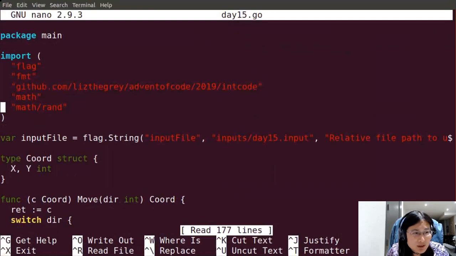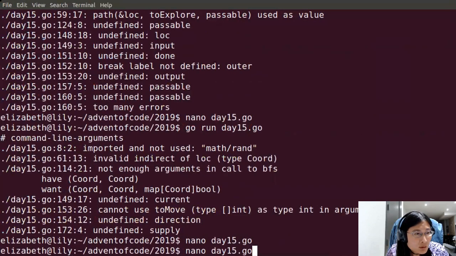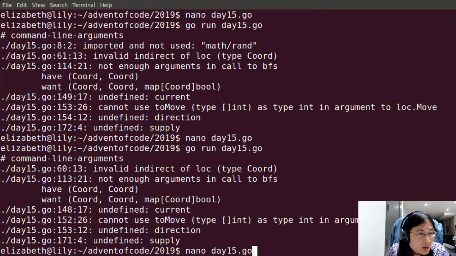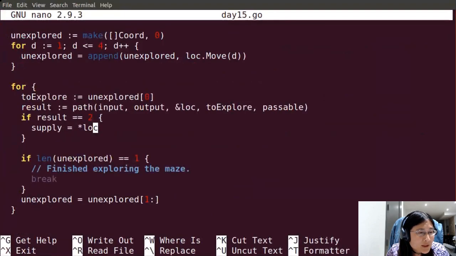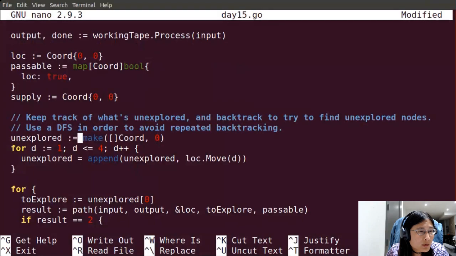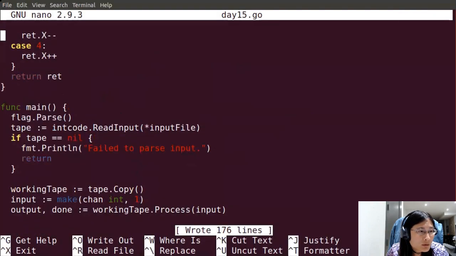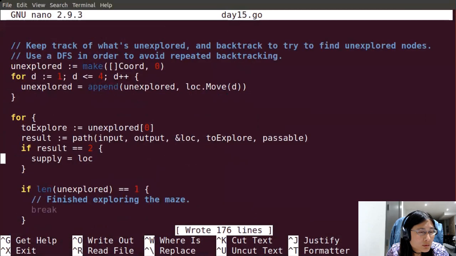No longer using randomization. Invalid redirect of that. Oh, that's fine. Yeah, that's okay. Yep.